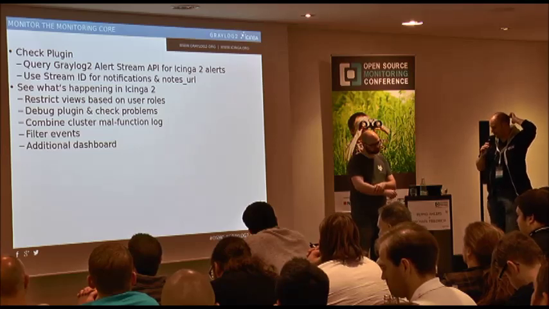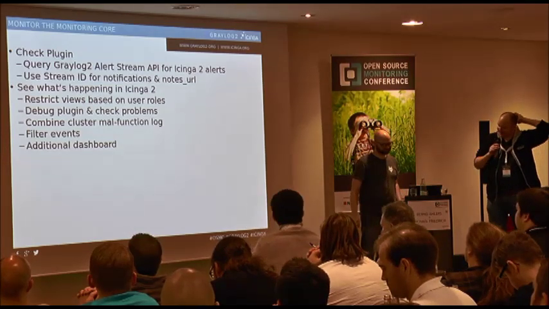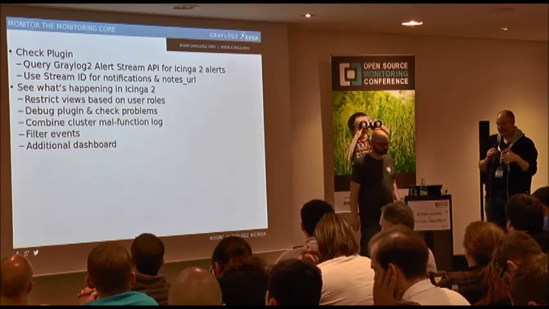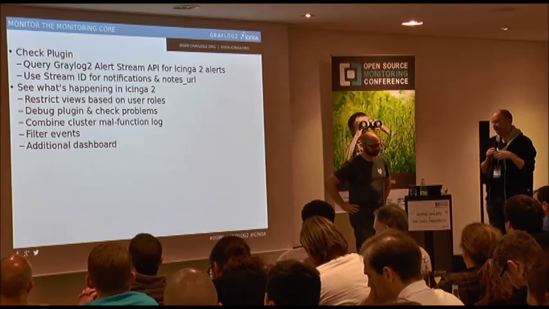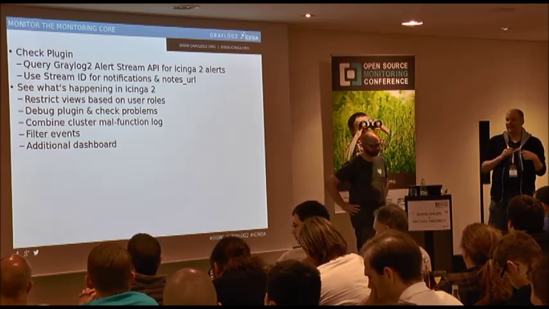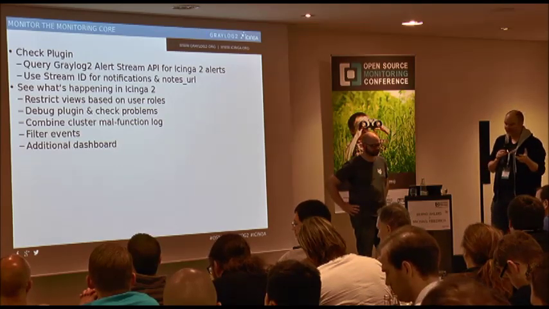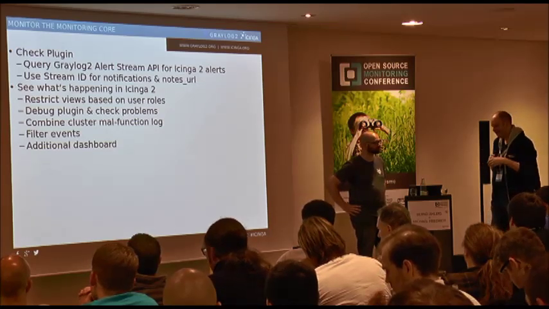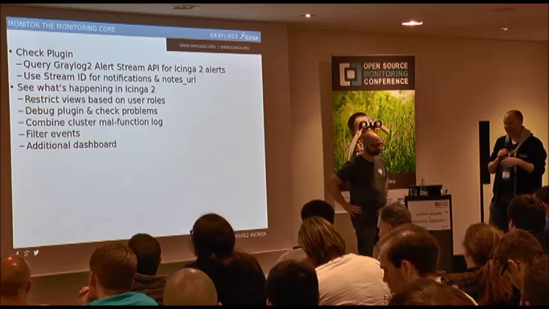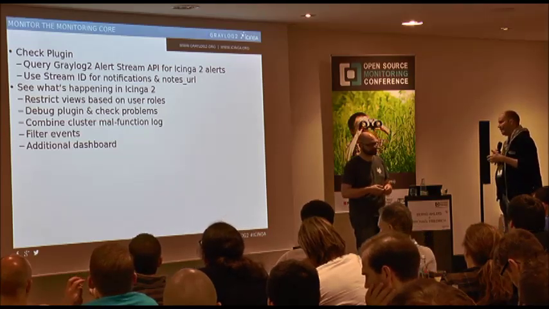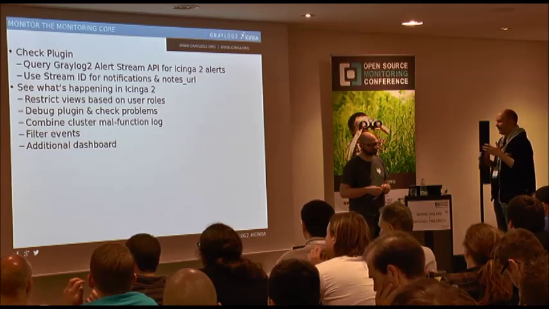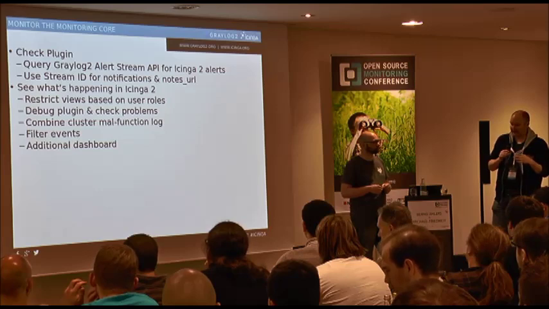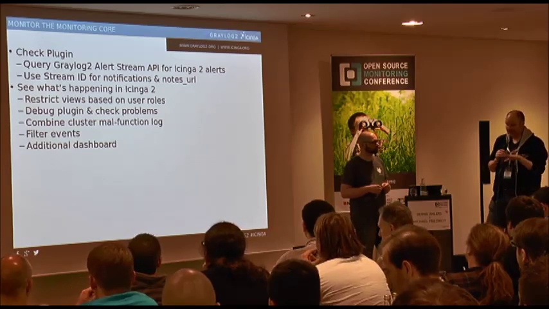That's a bit of a brain fuck, but we also had the idea of just writing the Icinga 2 events using the Gelf writer into Graylog2, or into the Gelf interface, and then creating an alert stream based only on the notifications or the check results, just filtering for everything being not okay or stuff like that. Maybe it's just an idea or some sort of prototype, but it actually helps you to debug Icinga